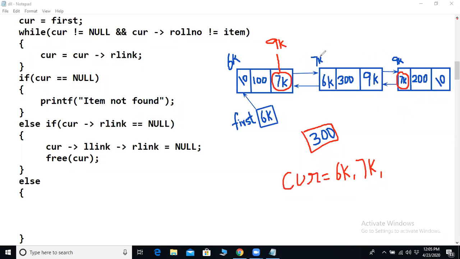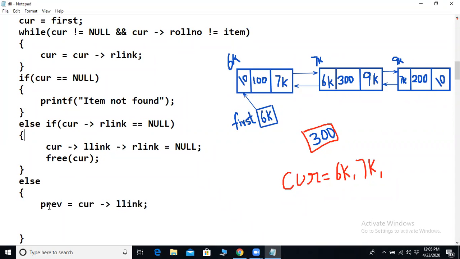So quickly we will write the code to do that operation. Okay. So what I will do, first step, I will take one variable prev and I will store cur implies L link.